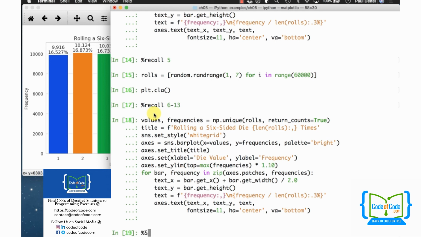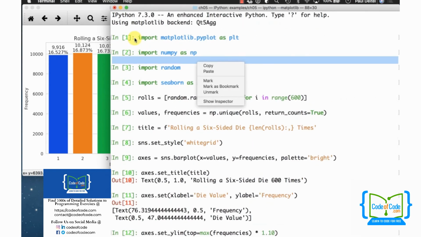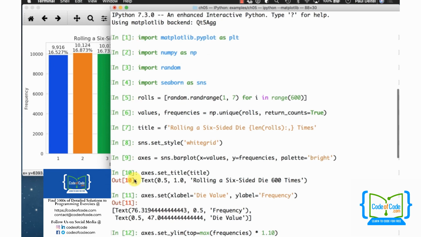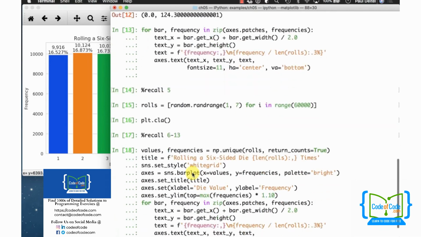This is particularly handy once you've taken the time to write a bunch of code interactively in IPython. If I want to save the snippets from snippet 1 all the way down to where I finalized my graph, which was snippet 13,